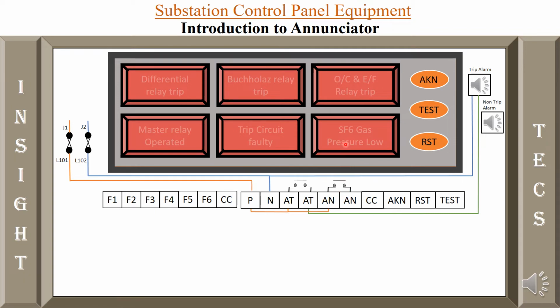Again, whenever there is such a kind of fault on the equipment, this contact will get short circuited. This positive gets extended to this non-trip alarm or hooter, and again the negative is provided from this side. So that completes the circuit, and you can get the alarm. You can accept this, and then when you click on reset, and you have now filled the gas into your circuit breaker and the gas pressure is normal, this contact will open and you can reset this window. I hope this much is clear till now.